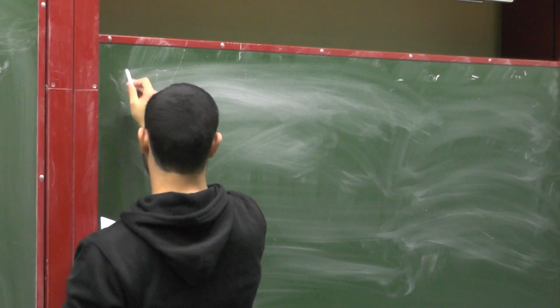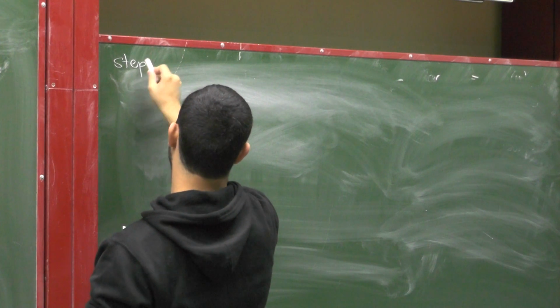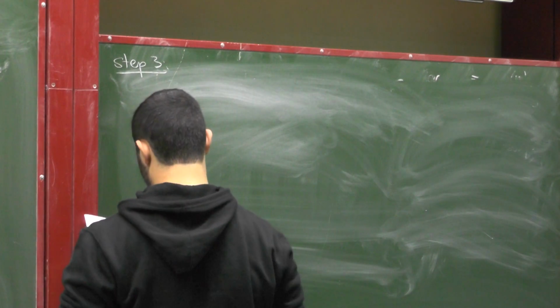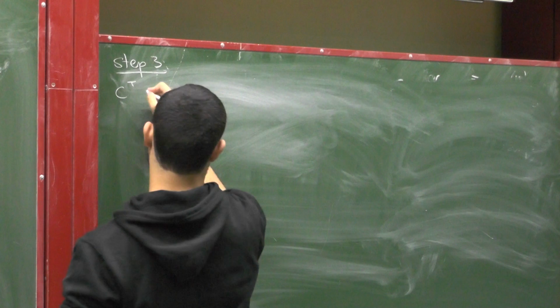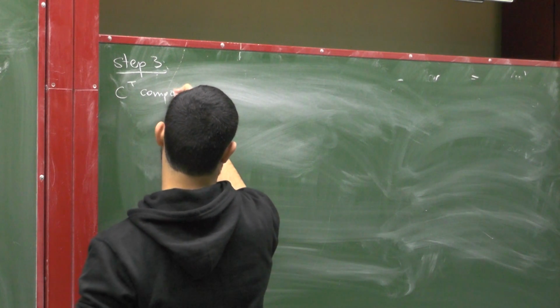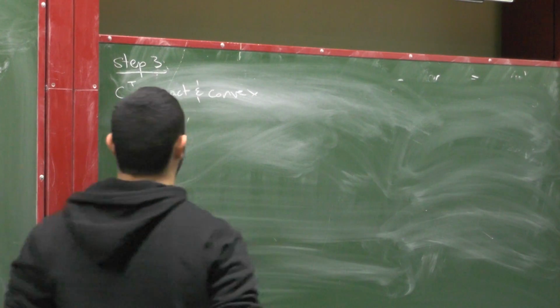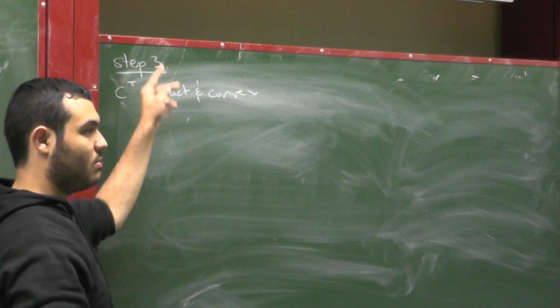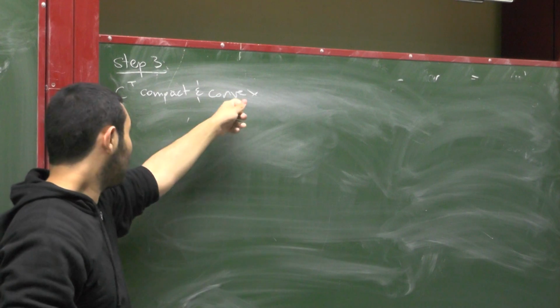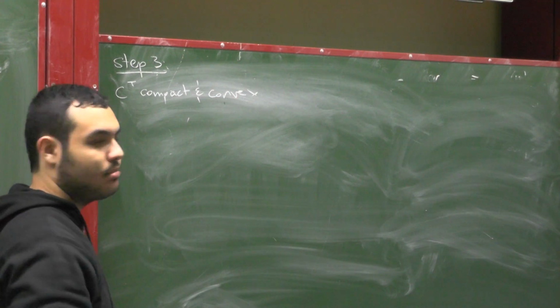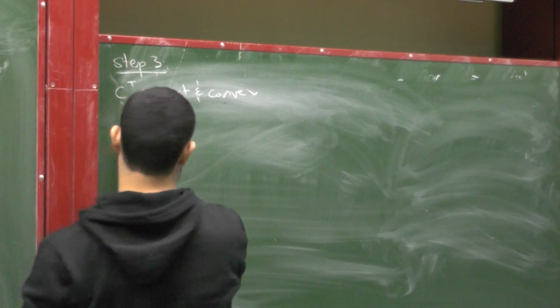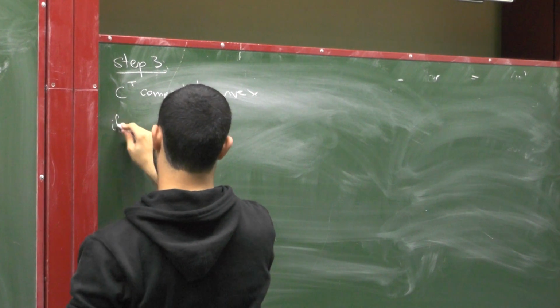So, step 3. This is kind of clear. CT is compact and convex. Why is it clear? Compact because it's a closed subset of something compact. Convex because T is defined. And so now we define